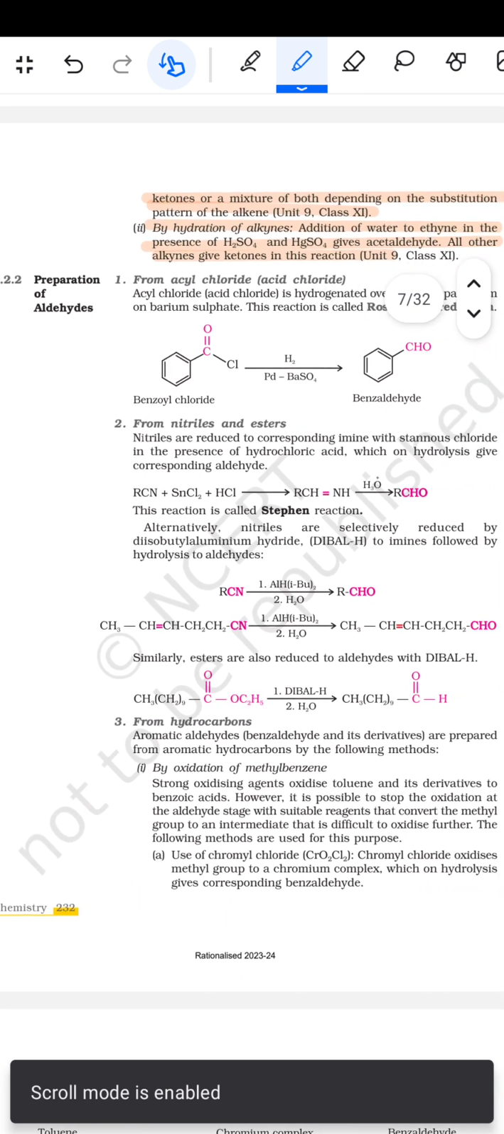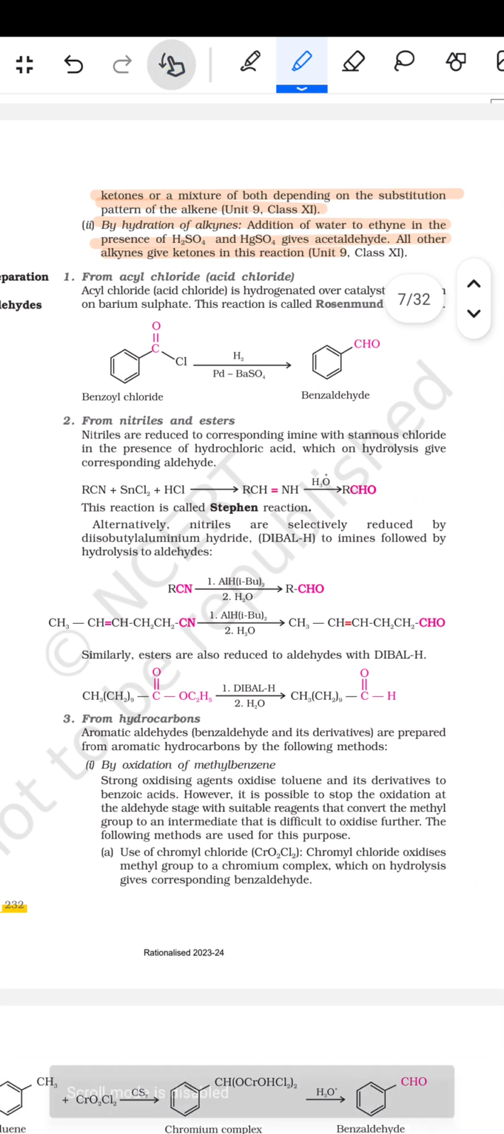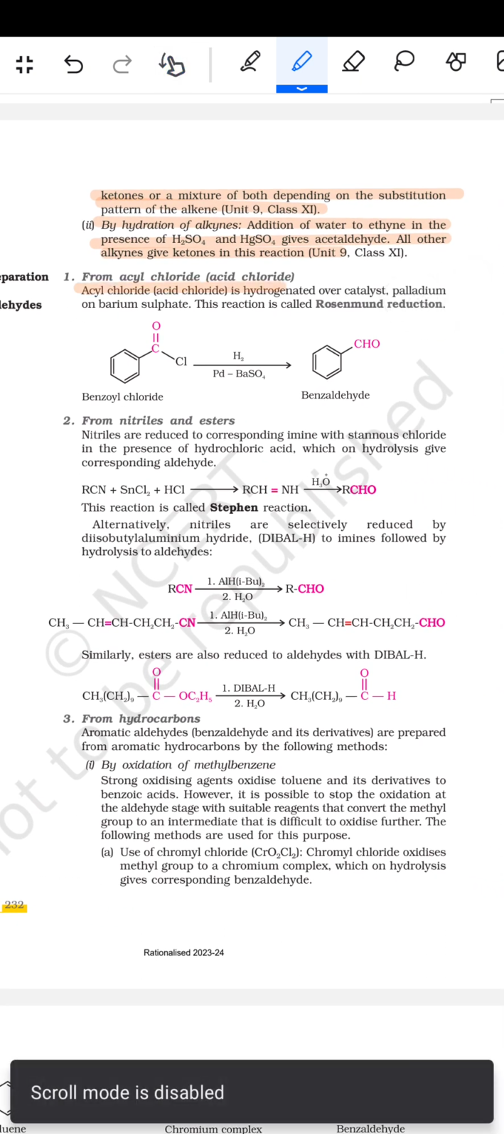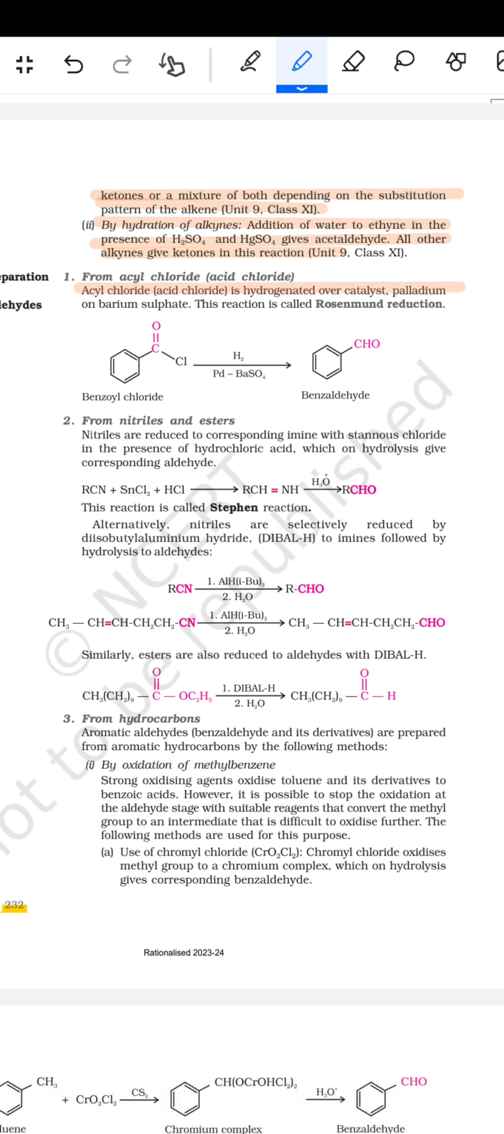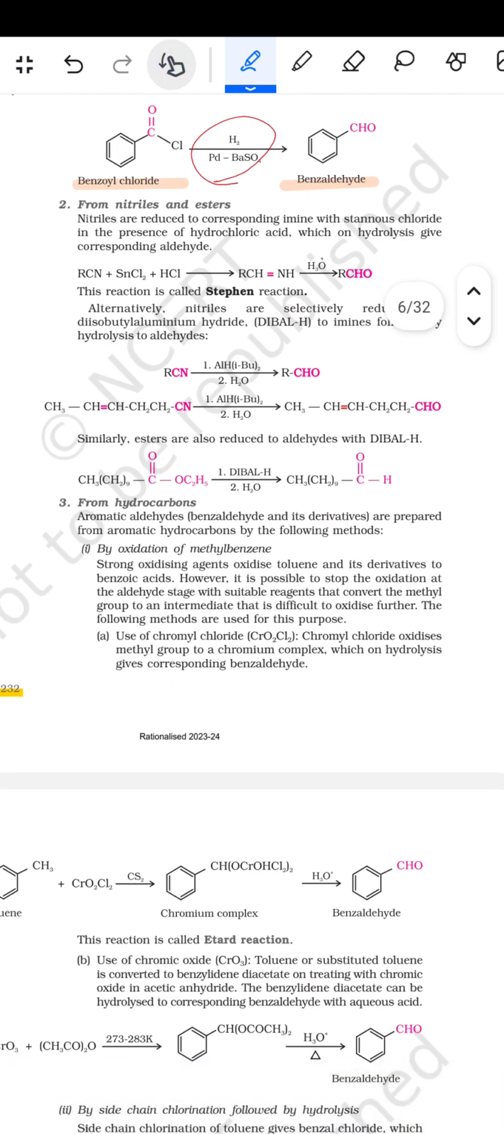उसके बाद फिर प्रिपरेशन ऑफ द एल्डिहाइड। तो acid chloride is hydrogenated over the catalyst palladium on barium sulfate. This reaction is called Rosenmund reaction। और बेंजोइल क्लोराइड है, इसको जब H2, Pd-BaSO4 डालें तो ये बेंजा एल्डिहाइड बन जाता है।